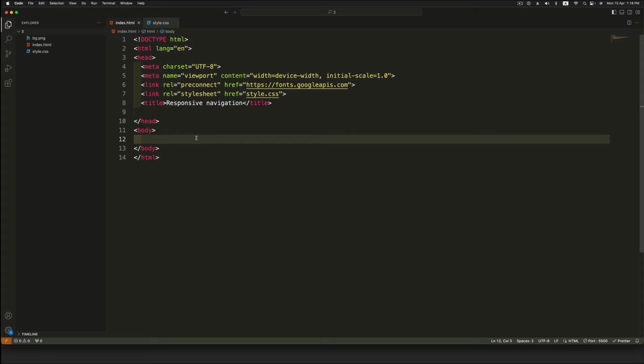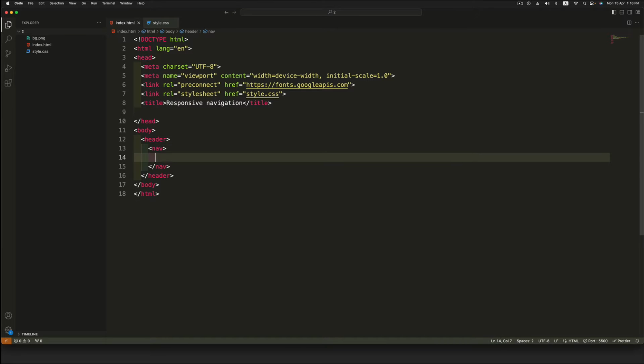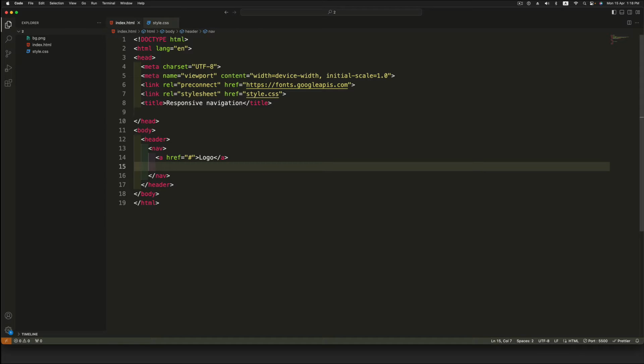First, the entire page will be wrapped inside a header tag. This header tag will contain the background image, and then we'll have the navigation bar which is going to go inside this nav tag. This is an HTML5 semantic tag. Then inside this nav, I'll create a logo first, which will be a link. So here I'll write logo, and then I'm going to create a UL, unordered list, which will contain the links